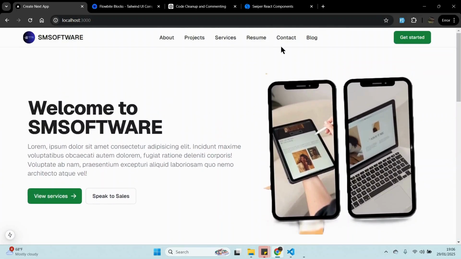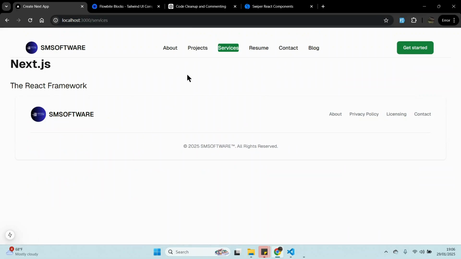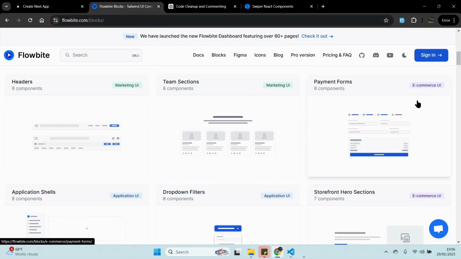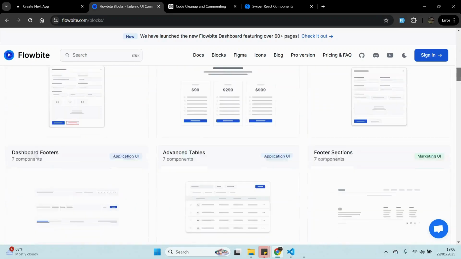What we can do next is work on the service, and then work on about us. All right, let's go and work on the service first. Service is actually very simple, right? We can go to